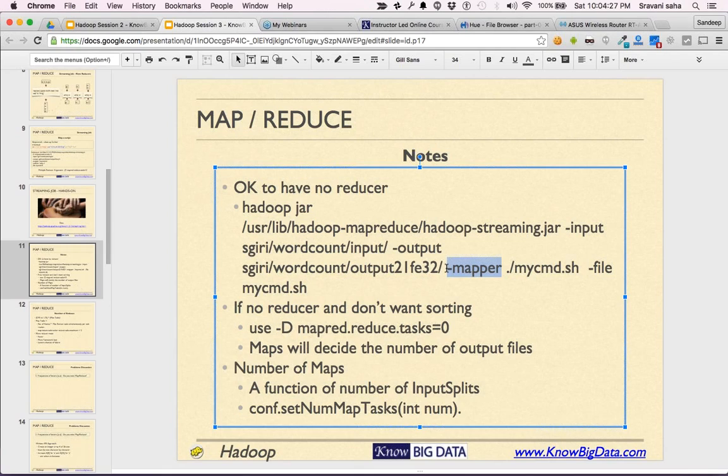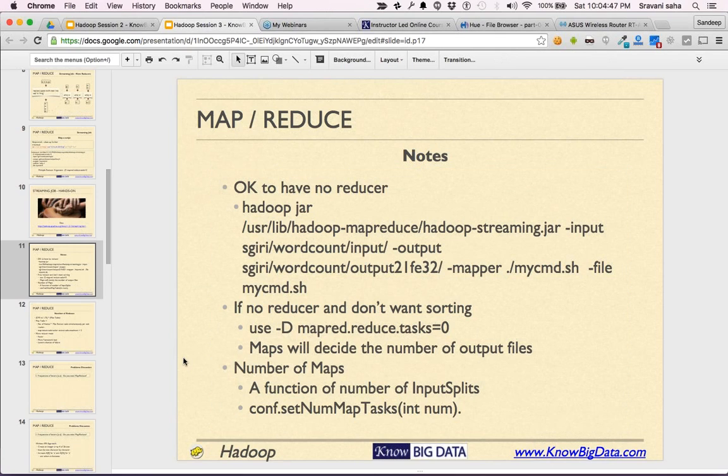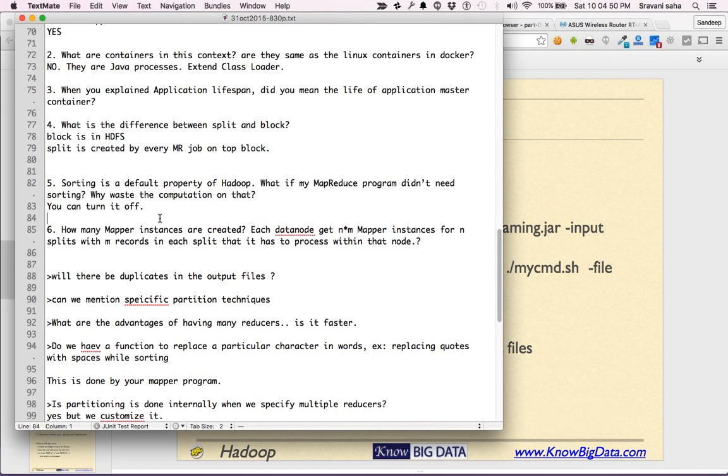So there are 8 blocks, so there will be 8 map tasks running parallelly on all those blocks, converting them into key value pairs, which are consumed by a reducer, and the output is stored in HDFS. All right, so that was the answer for his question.